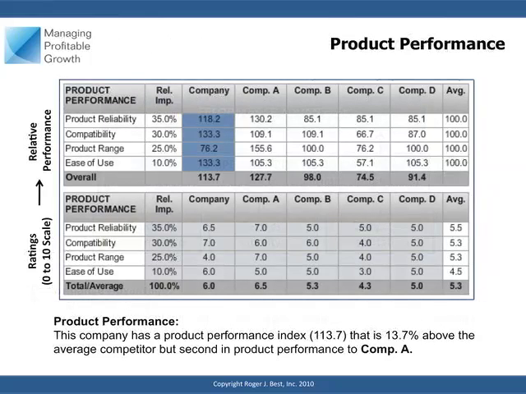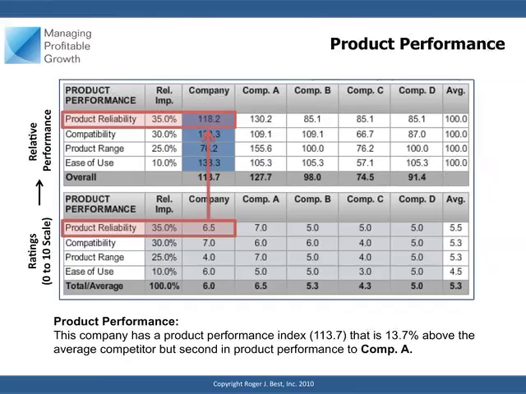Let's look at product performance with respect to competitive position and performance advantage. A company and its competitors are rated in the lower table using a scale that ranges from 0, very poor, to 10, outstanding, where 5 is the average with respect to 4 areas of product performance. This company's product reliability score of 6.5 in the lower table has a relative performance of 118.2 as shown in